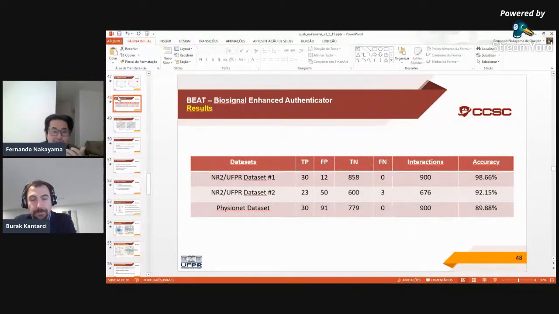But there's something we also should mention, which is that the other signals are more difficult to acquire. So there is a clear trade-off right there, because the PPG biosignal is very easy to acquire, but it is not as good as the other biosignals. So that is the main point. Okay. All right.